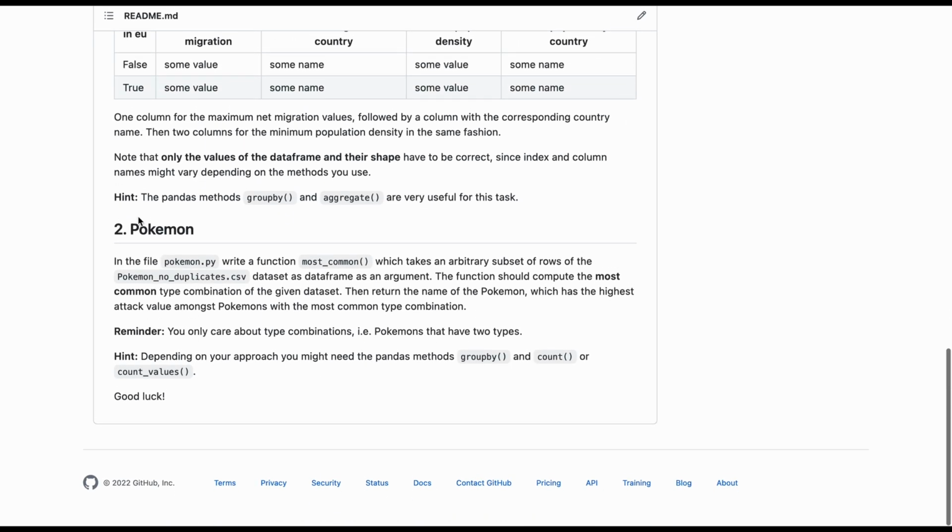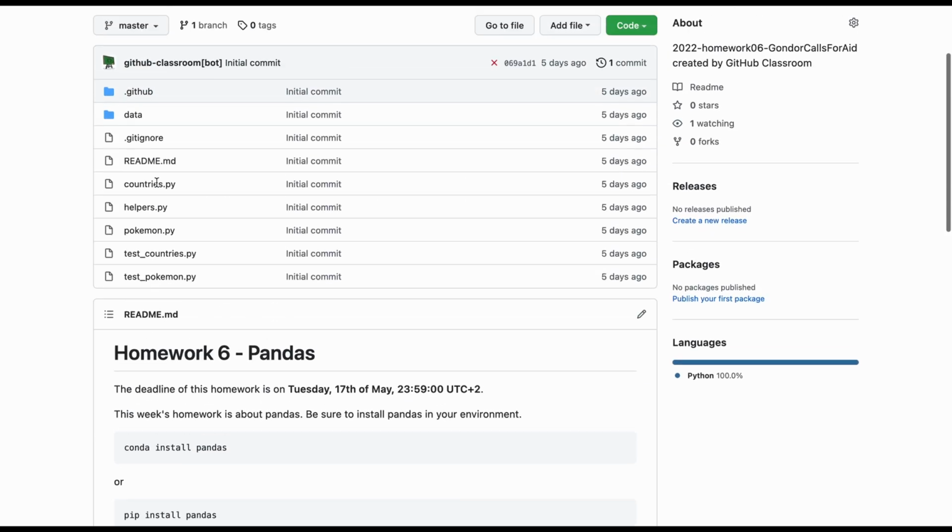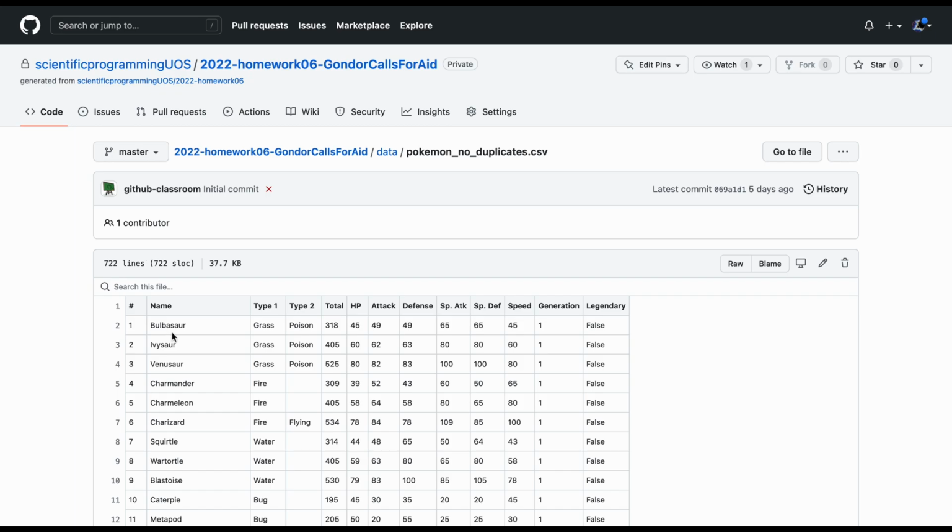For the second task, we are working with the Pokemon dataset. And in the CSV file, every row corresponds to one Pokemon, and they have different types. Some have two types, so type 1, type 2, and some only have one type. And your task is to first calculate the most common type combination, so for that you consider only Pokemons that have two types,